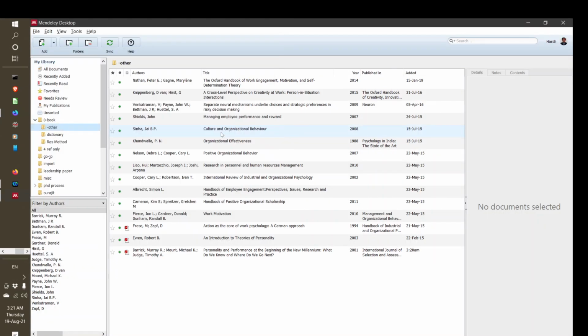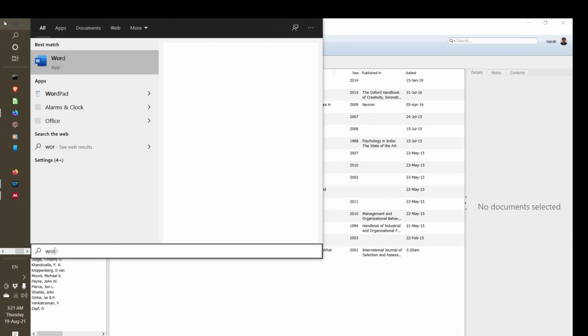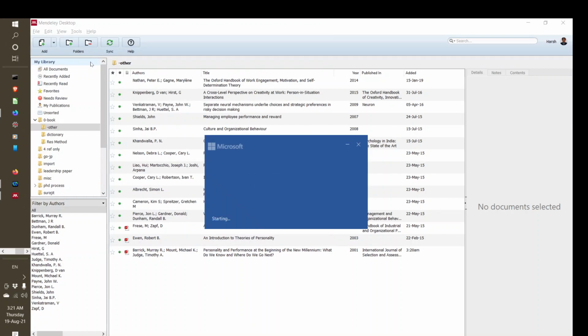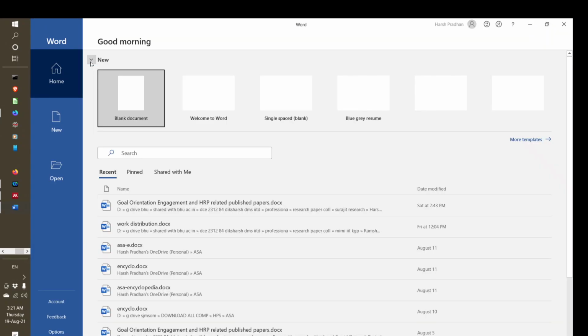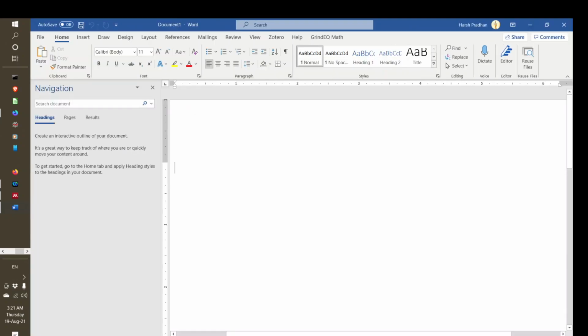Now I want to use it in Word. This is my Word, so that's very simple. Open any document, Control N, and we can write what we want to cite.